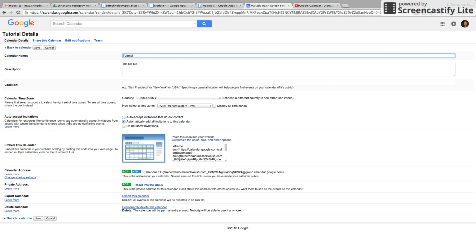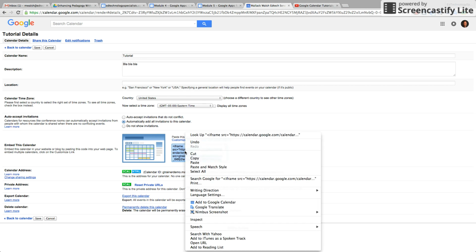Auto accept invitations. Calendars for resources can automatically accept invitations from people. We have that checked as we're going to add all invitations to the calendar. You can also change it to add invitations that don't conflict or do not show invitations. So we're going to leave it like that. Now, this is an important one. Embed this calendar. If you copy this HTML code,